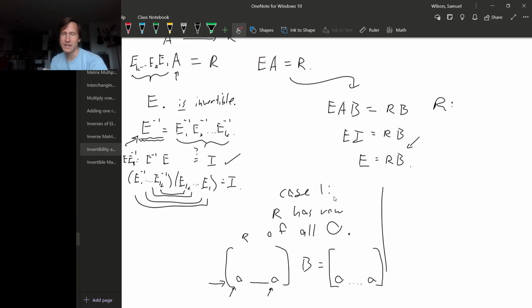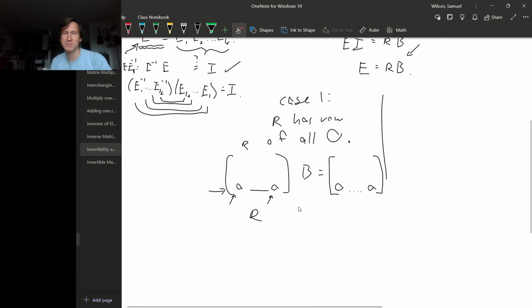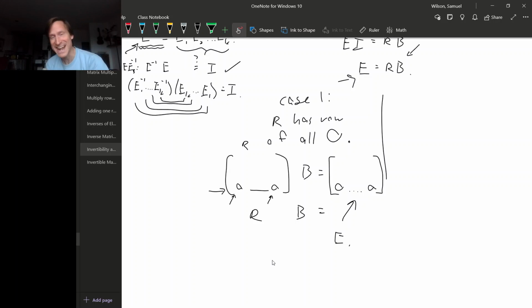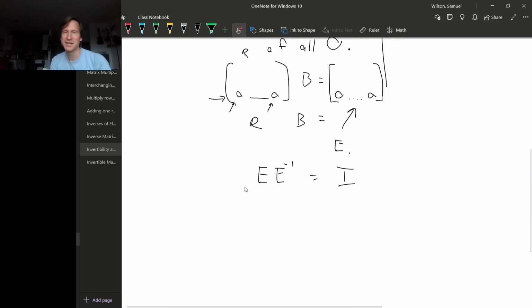So in this case, in case 1, we have a row of all zeros in R, but that means that R times B, right, here we had R times B, also has a row of all zeros. But R times B is supposed to be E. And E can't have a row of all zeros. The reason that E can't have a row of all zeros is because, remember, E is invertible. So if we took E times E inverse, this has to be the identity matrix. But if we had a row of all zeros in E,